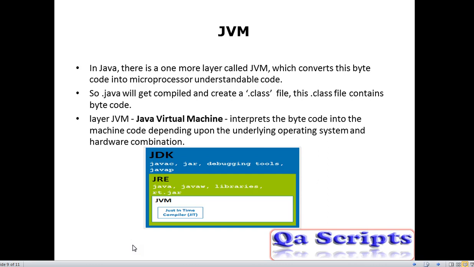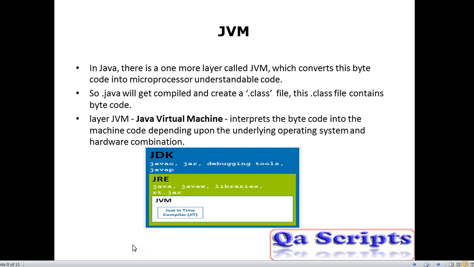The Java code, you can write it in Windows and compile it. Once you compile using the compiler, that will be given to JVM. JVM will convert it from bytecode to machine code. It makes the class file machine independent or OS independent. Hence, the same program you have developed in Windows can be executed in any other operating system. Hence, Java is operating system independent, or platform independent, as we call it.